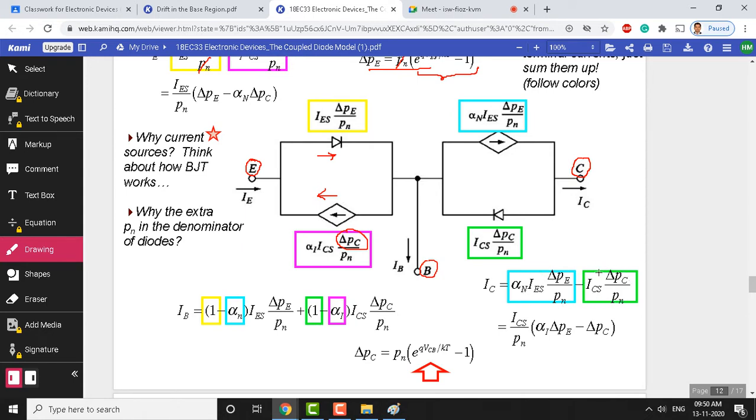So, the diode component, if you observe again here, if you substitute for delta PC in the equation, this total green color stuff gives you the diode current equation. So, that is why we have a diode here in the inverted mode. In inverted mode the collector will do the emission job, and in the normal mode the collector does the collection job. So, you can see here, the collector has got two capabilities.